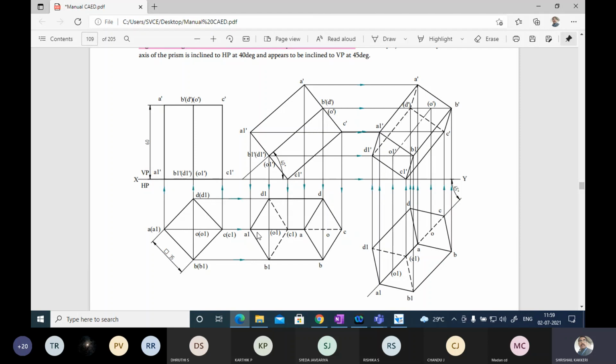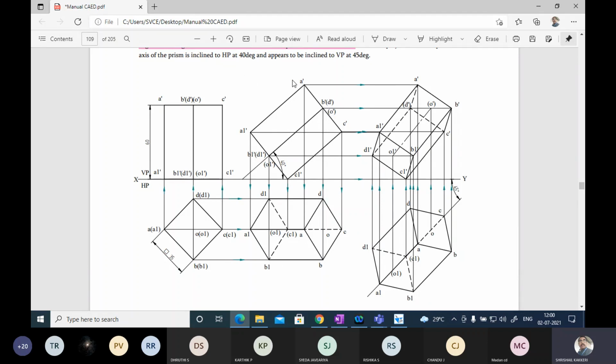Then from A, the base point A. From B, the base point B. And from C, the base point C, and from D, the base point D. And similarly, you extend from the top portion also, A to A, B to B, C to C, D to D. Like this I have completed, and after this all the border lines you make them dark.